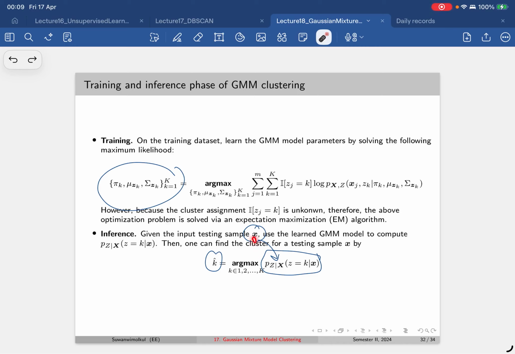input x ตัวหนึ่งมา ก็เท่ากับว่าเราคำนวณ pop ของ z given x ได้ ก็คือเทา jk นั่นแหละ โดยใช้ parameter ตอน training จบ ขอให้โชคดี สำลีแปะหัวก่อนสอบ บ๊ายบาย